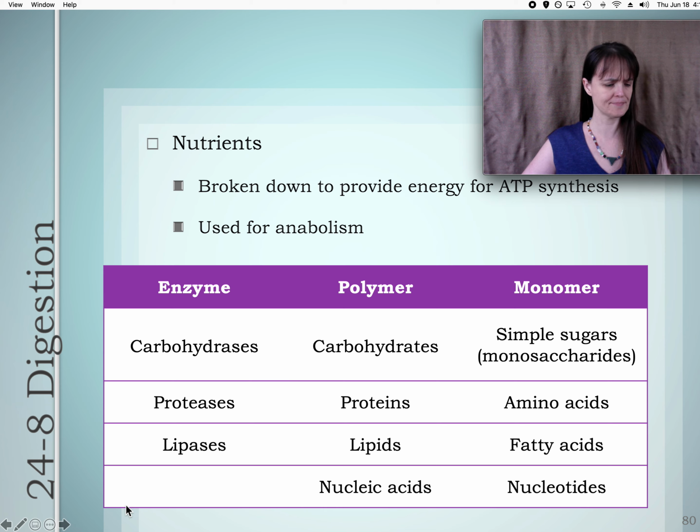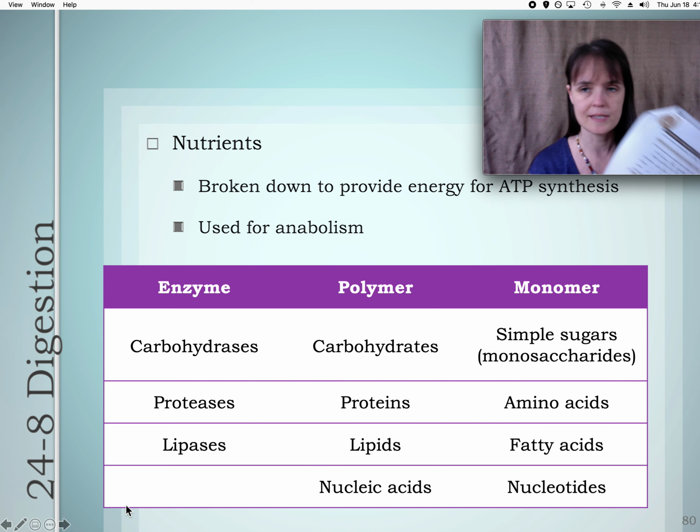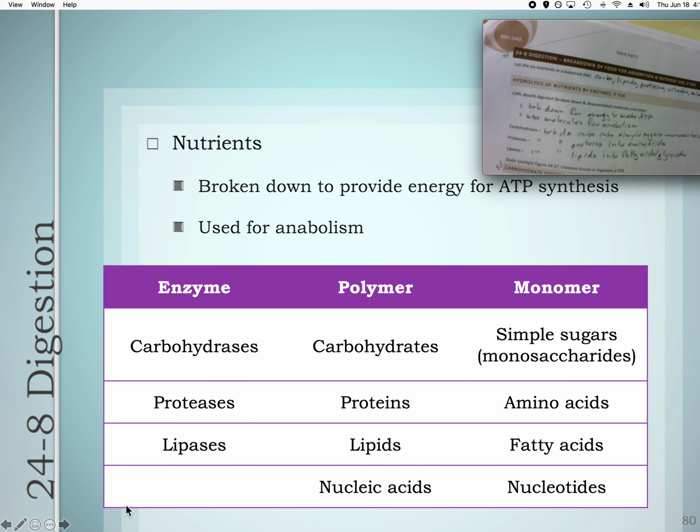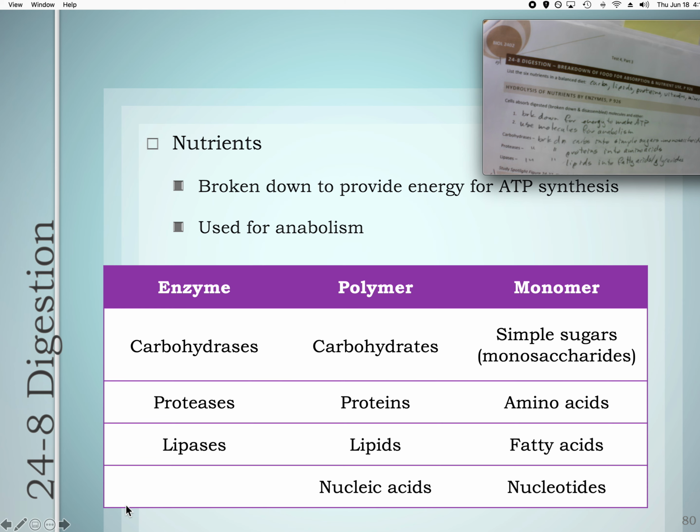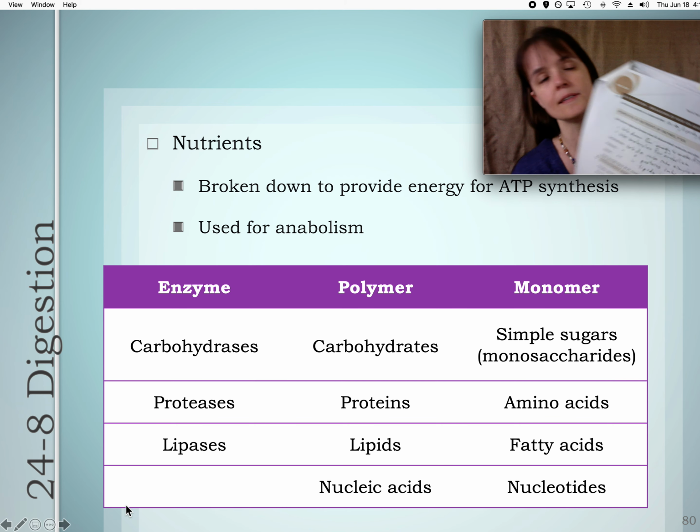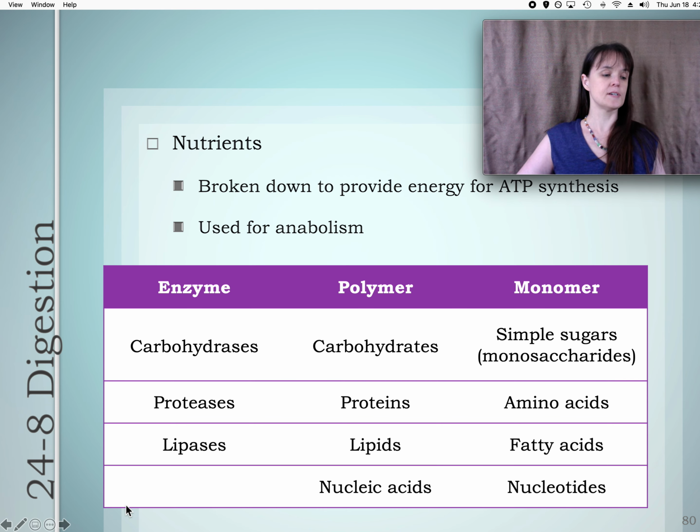Okay, so we are talking about the nutrients, the 6 nutrients in a balanced diet. For me, this is top of page 27. If yours printed differently, this is where I am, what it should look like. The 6 nutrients in a balanced diet are carbs, lipids, proteins, vitamins, minerals, and water. Water is a nutrient. Cells absorb digested, broken down and disassembled molecules and either break them down to make ATP.